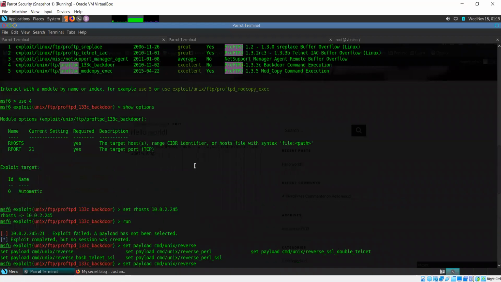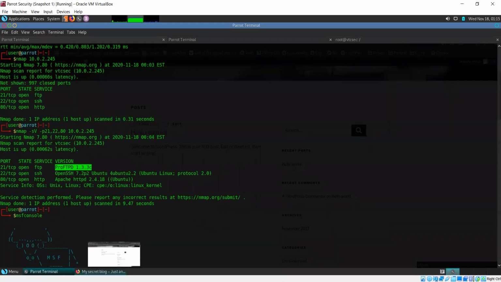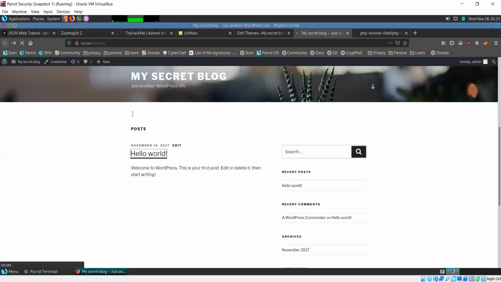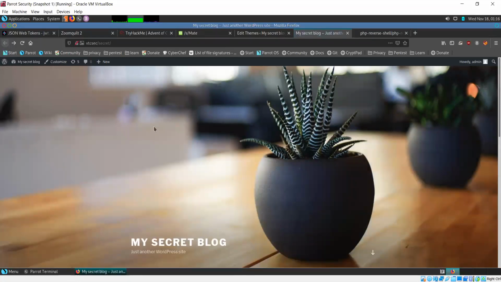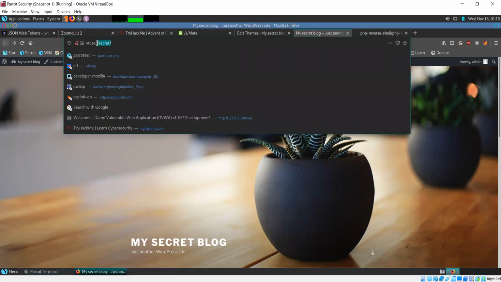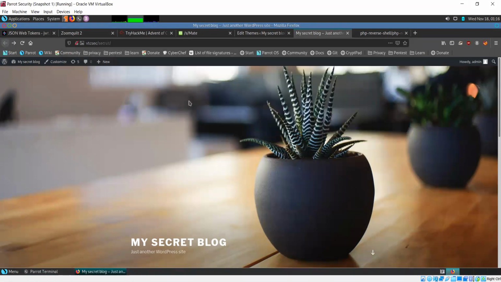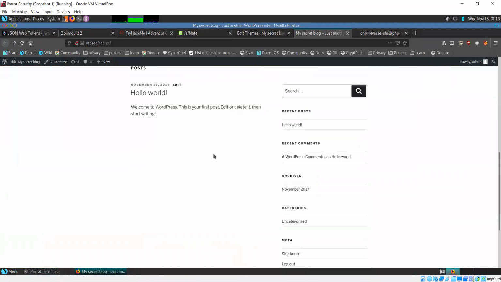And the other method that we used, what we did is we went to the web server. You can see that the page is still loading because it was actually edited and it was our reverse shell. With this HTTP method, first we went to the website, we used dirb to figure out that there was a secret directory. We accessed it, we found that things are not showing up properly, so we edited our hosts file. We saw that it was trying to connect to VTC-sec, so we made that entry in our hosts file. After that, this website started opening up properly.